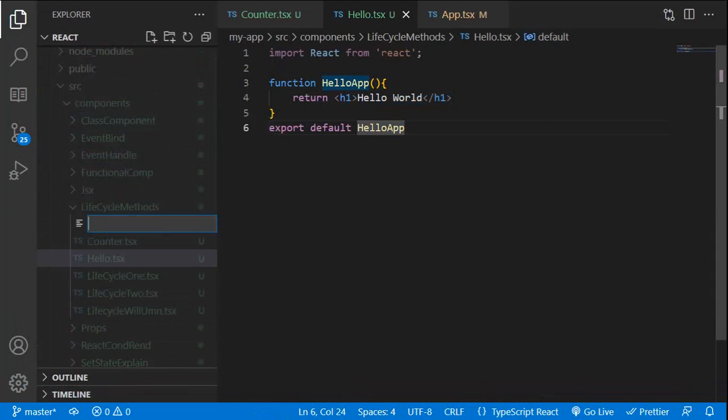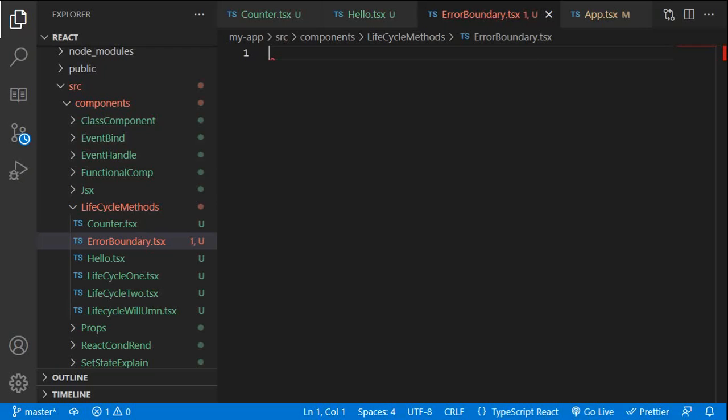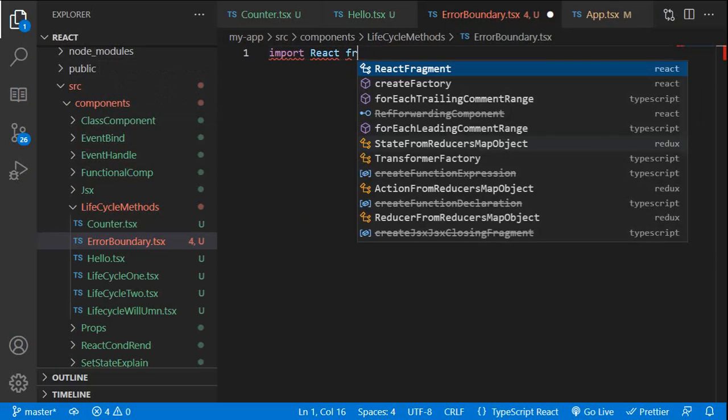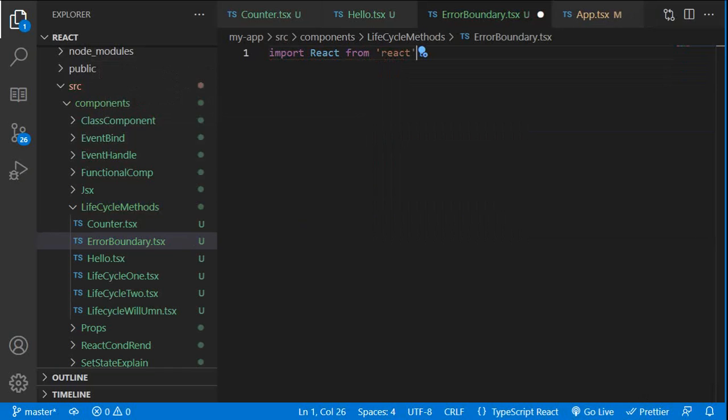Like in here I want to take it, boundary, error boundary dot tsx. Okay, error boundary dot tsx is a plain normal one. Like in we have the import React, and here we have